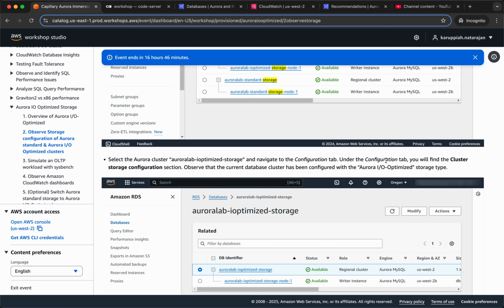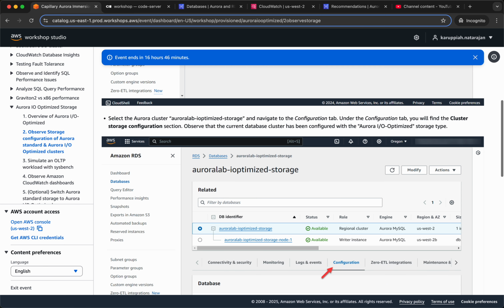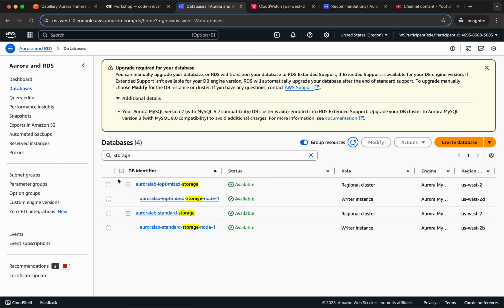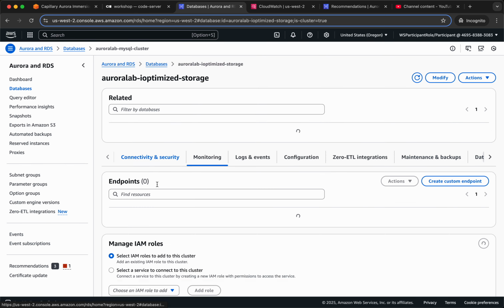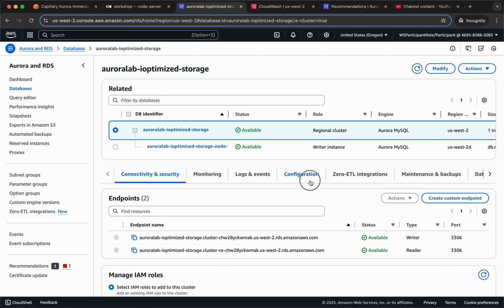tab. Under the configuration tab, you'll find the cluster storage configuration section. Observe the current database cluster has been configured with the Aurora IO optimized storage type. Okay, so if you click this basically, go to configuration,